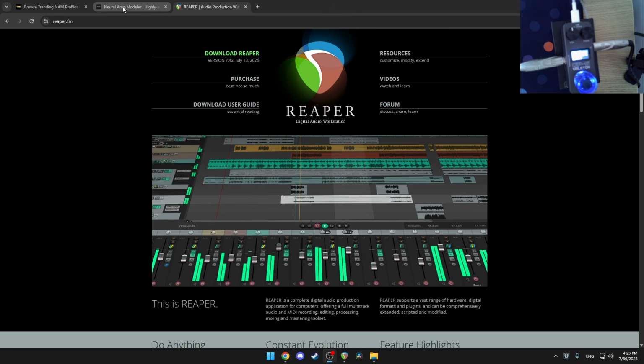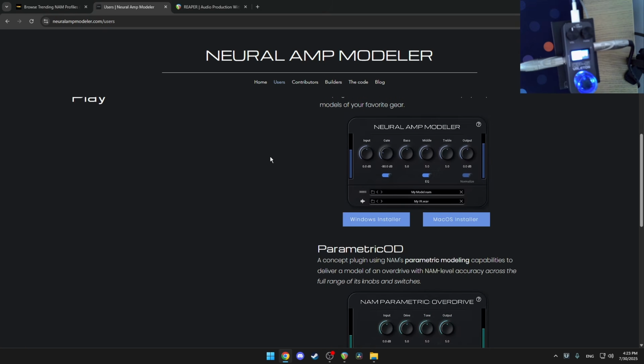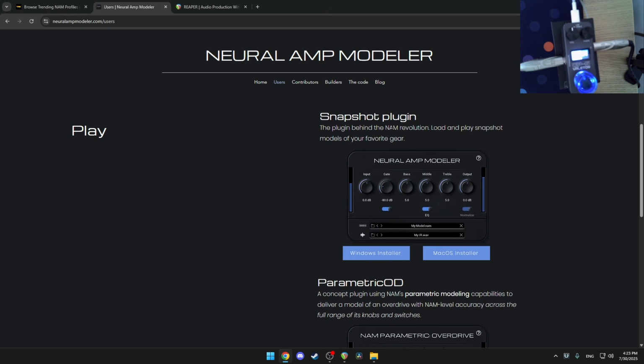First thing to do, we need to go to the Neural Amp Modeler site and click on the play here, and scroll a bit down and you will see the Windows installer for the snapshot plugin. We need that in order to test both our impulse response and the NAM profile before we do the baking. So once you install that,